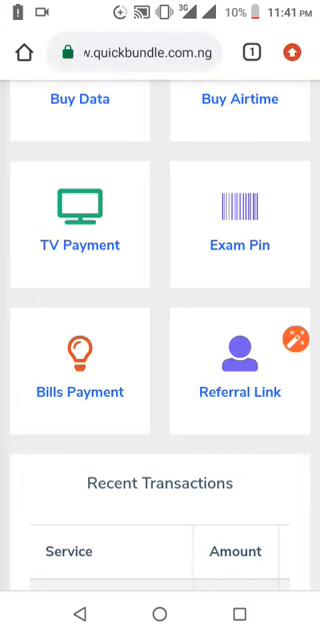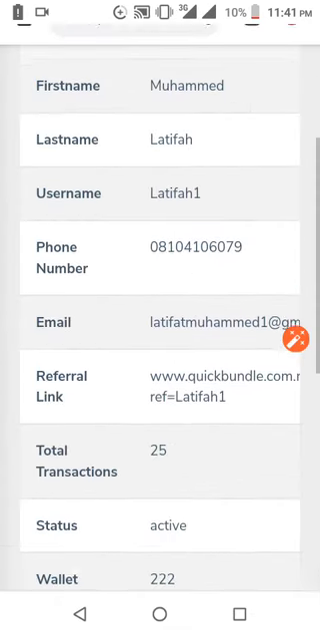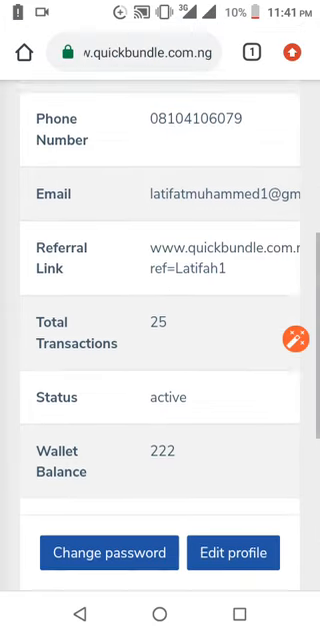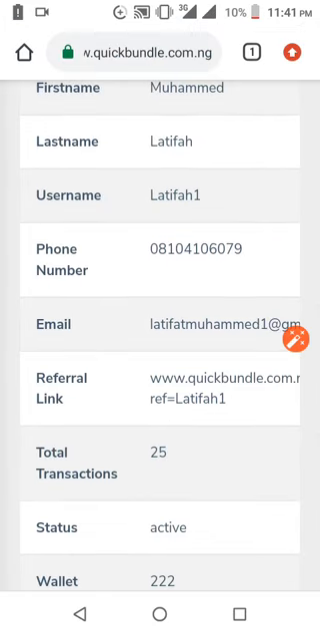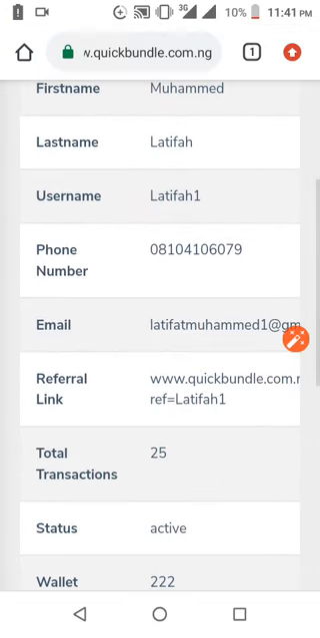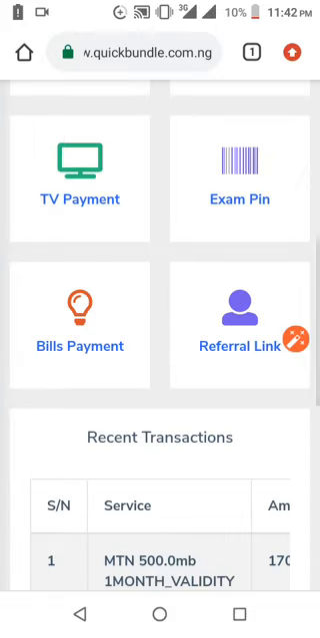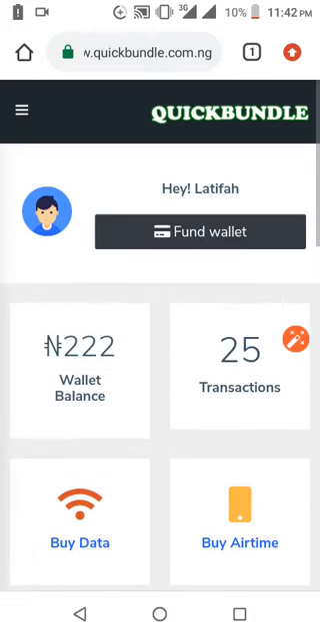And here is the referral link, where you get your referral link. If you want to refer anybody to the website, your friend, your family, or anybody, here is where you get it. You click on it and it will be copied, then you share it with them. So that is how you get your referral link. Then the next thing you have to do, you like